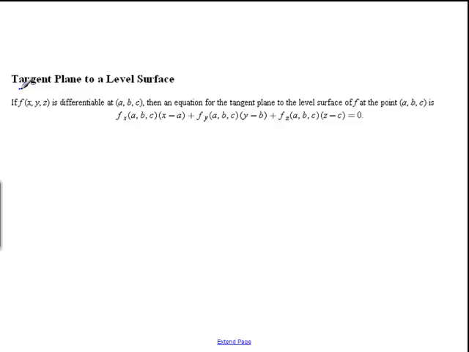And here we are, tangent plane to a level surface. Well, suppose we have some four-dimensional system, and it's differentiable. Then an equation for the tangent plane to the level surface at some given point is the partial with respect to x times x minus a, plus the partial with respect to y times y minus b, plus the partial with respect to z times z minus c equals 0. Now notice, this is exactly the same as how we originally started thinking about